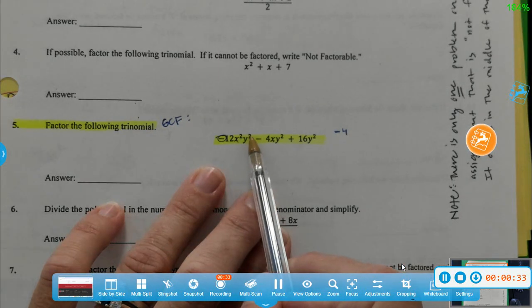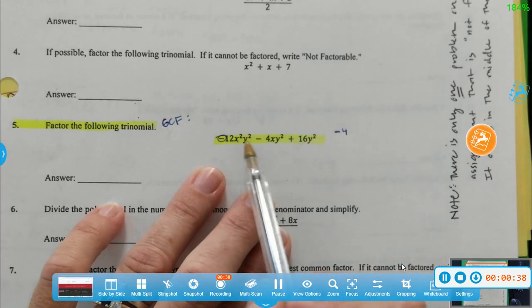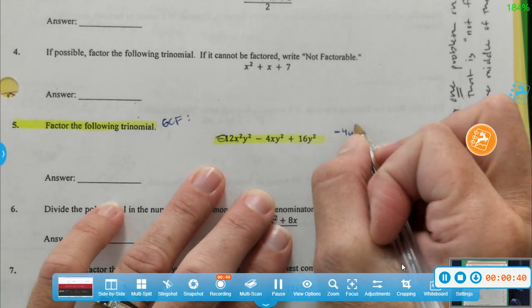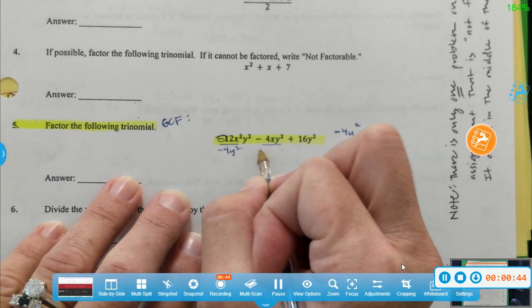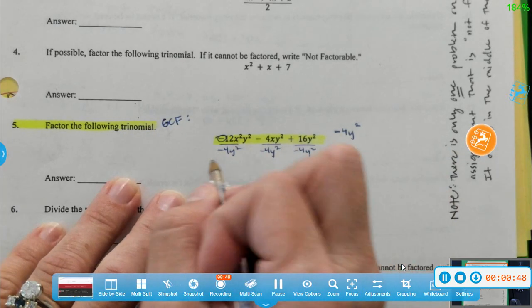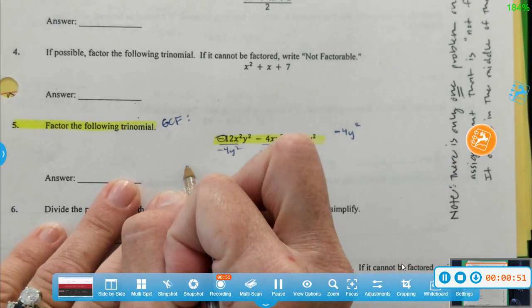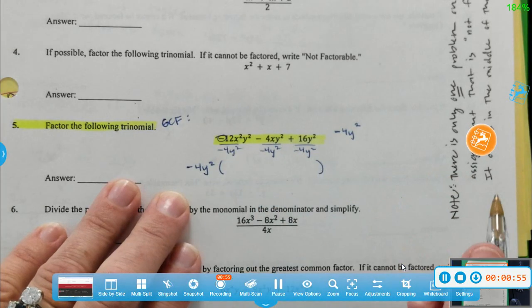This one has 2 y's. This one has 2 y's. And this one also has 2 y's, so they all share a y squared. So you're going to take it out, negative 4y squared, from each term. And then you're going to put it outside of parentheses, negative 4y squared, and you're going to bring the leftovers